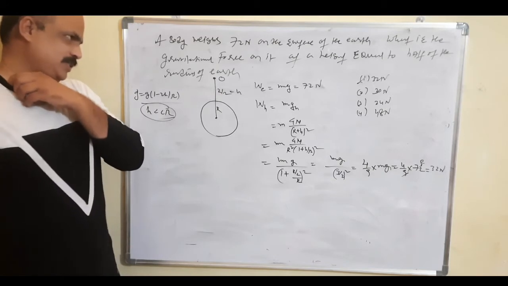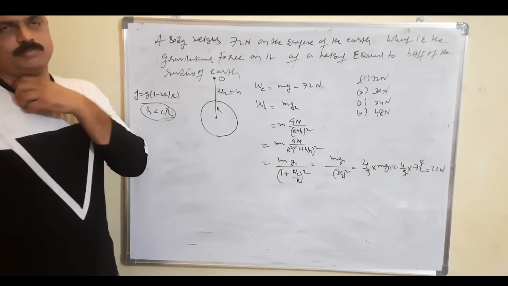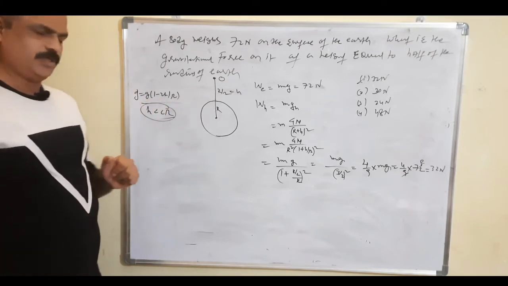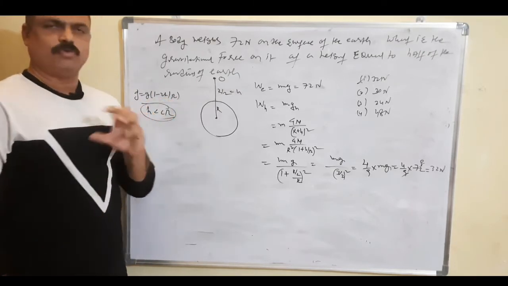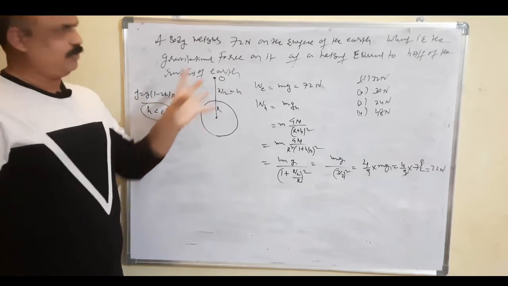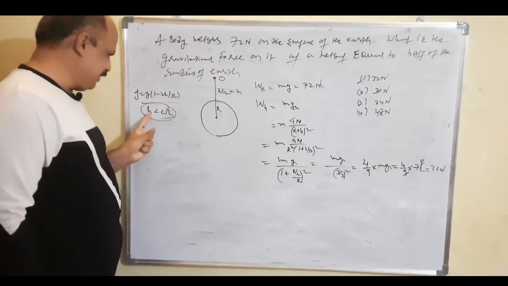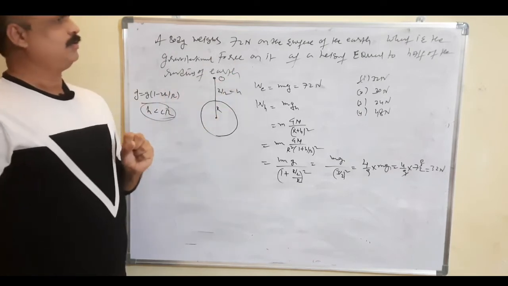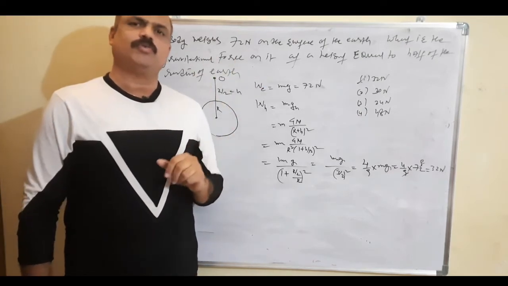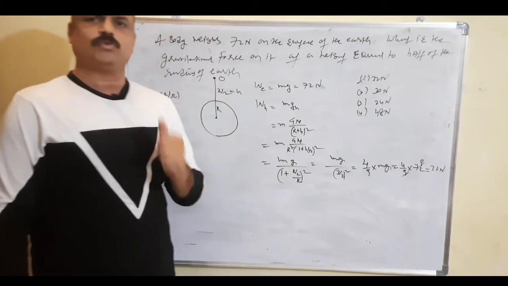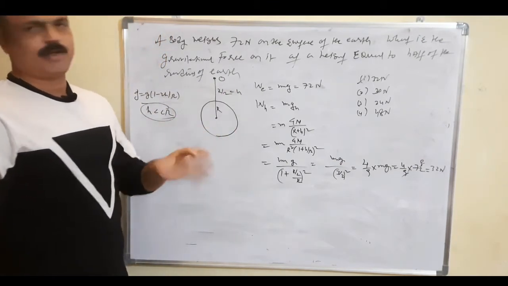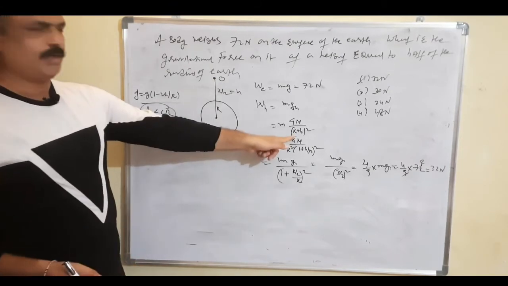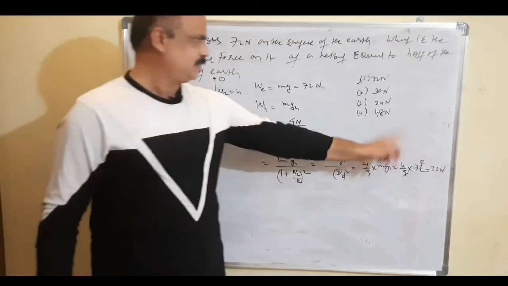Many of the students make mistakes while doing this problem. All the students are using the formula g dash is equal to g into (1 minus 2h by r), the variation of g with height. But don't use this formula for this problem. Why? Because here h is not less than r. h is comparable to r. What is the radius of the earth here? 6,400 kilometers. Half of the radius means 3,200 kilometers. So they are almost comparable. That is not a small value. So we use this formula. So our option is 32 newtons.